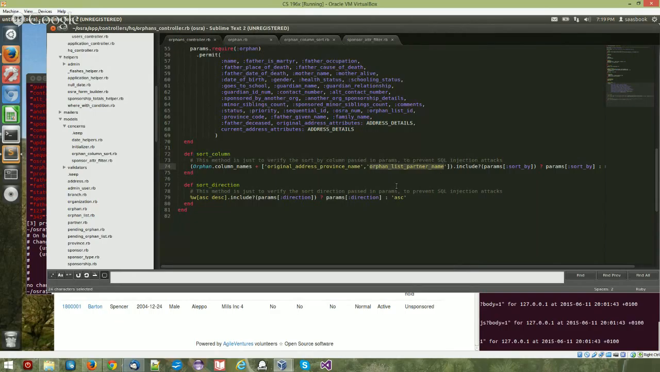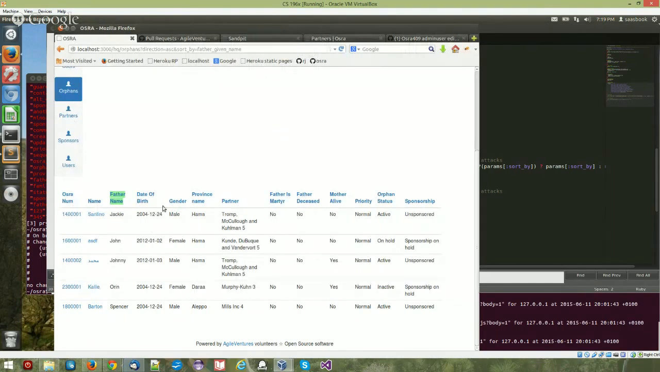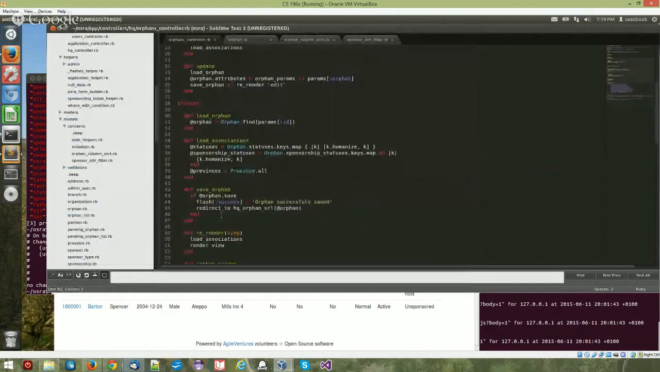And it's similar as well to getting the original address province name, which again isn't in the orphans table directly. It's kind of that relation. So that was that, and then